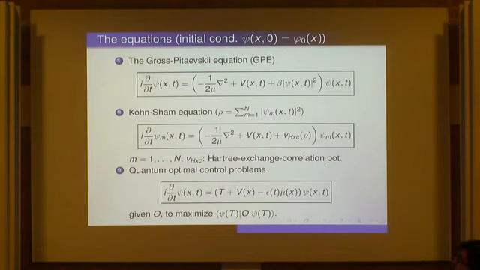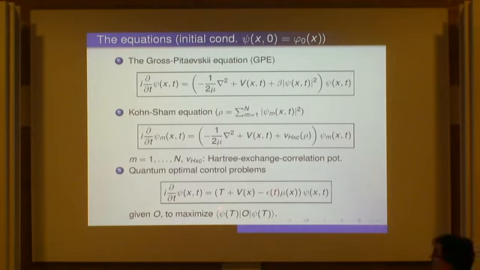And the last one is the quantum optimal control problem, where we have a Schrödinger equation with the kinetic term and a potential. In this case, I will take the potential as time independent because the time dependency will come from an external field that is time dependent. I want to have control over the quantum system in order to take it from one state to a particular different one. Here, the dependency on x is fixed because it depends on which device you have, a laser or whatever, but you have control over the intensity. So this time dependency is the intensity you can control by changing this, and the goal is to maximize a given